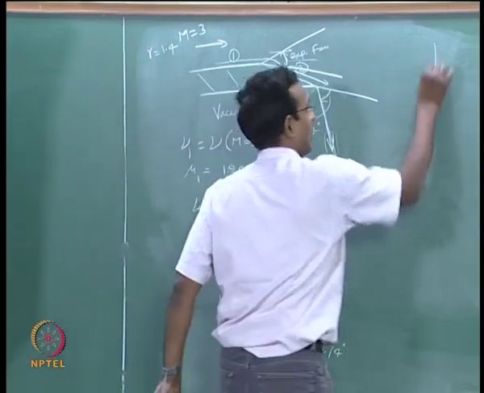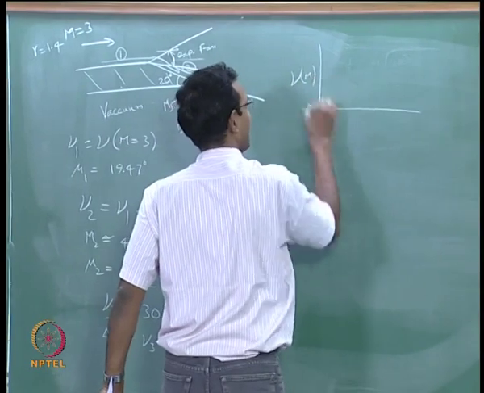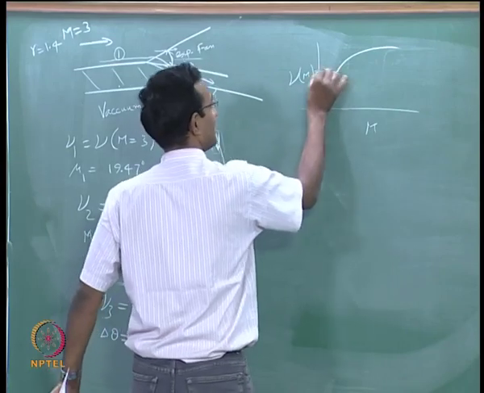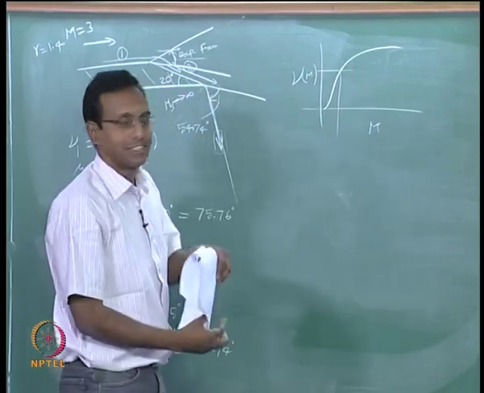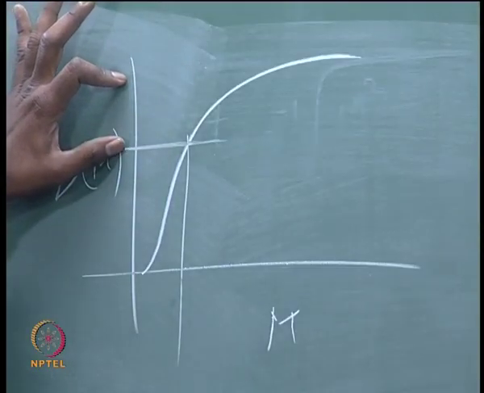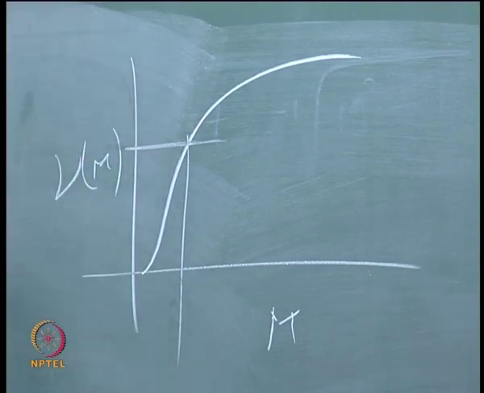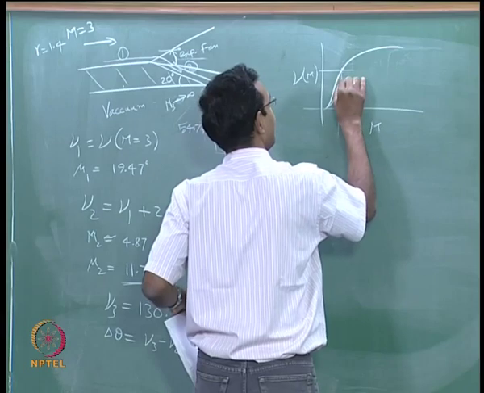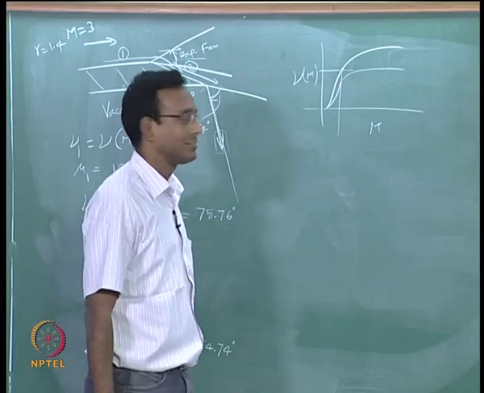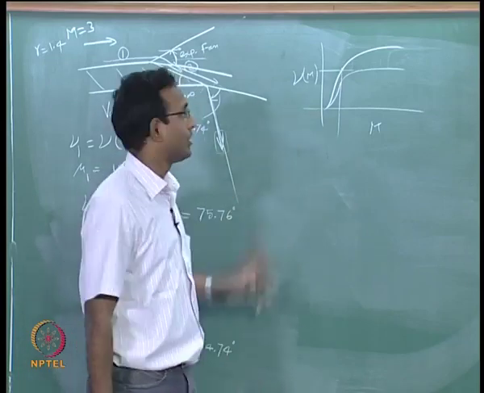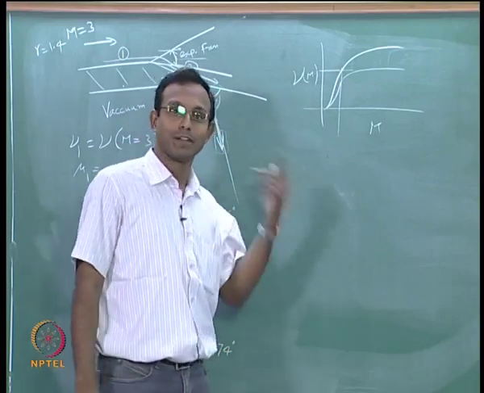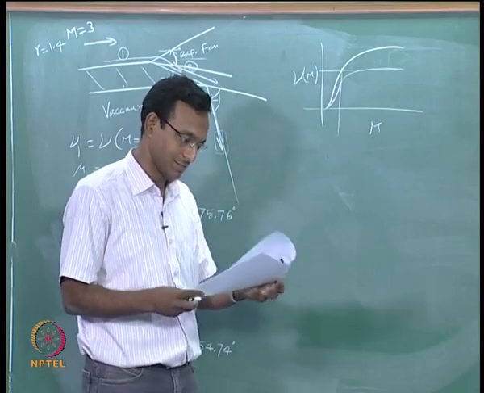And you should of course remember the plot which we just saw, mu of M versus M, it looks something like this, which means if I start somewhere at reasonably high Mach number, say 5, after that I can turn only so much, especially if it is a very compressible gas, I can turn only lesser, because if it is a more compressible gas, it will turn faster. The curve will become flat very fast. This kind of effect will happen, which means if I want to turn my flow more, it is probably not possible if it is very compressible flow, but still my Mach number can go to infinity. That kind of situation can arise.